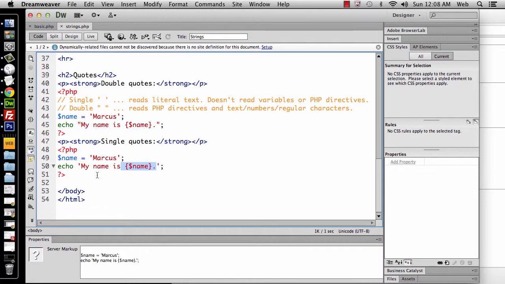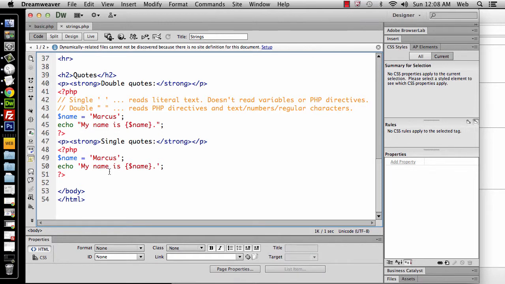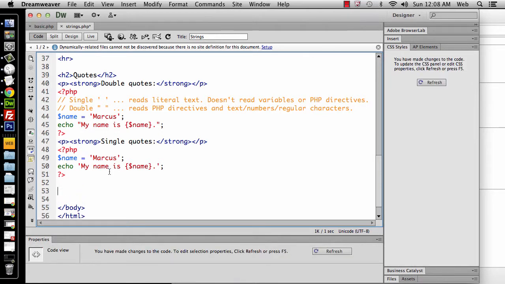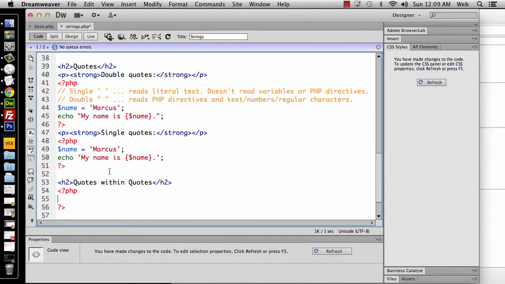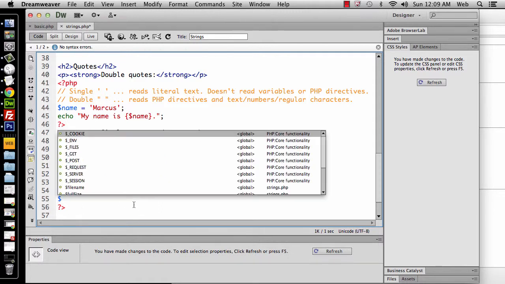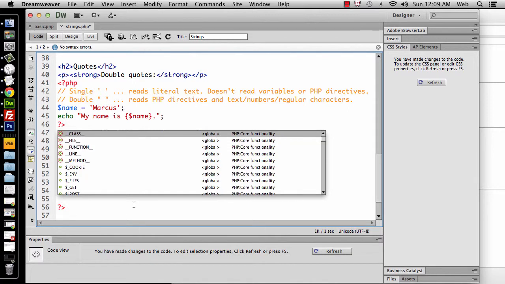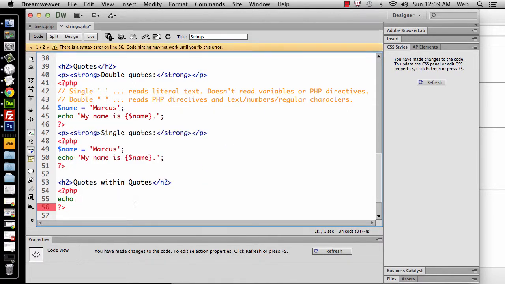In fact, let's move into that arena. I'm going to come down here and let's just make another H2. It says quotes within quotes. And let's make our PHP. Okay, so let's do an example. Let's say that we want to say echo, and we want to say a string, and we want to put that in double quotes,